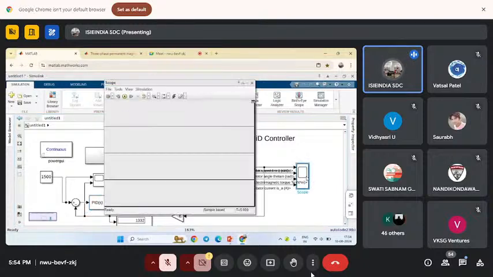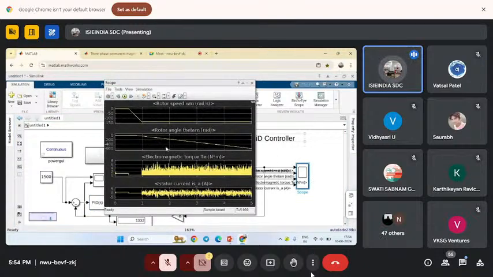And if you open the scope, you can see electromagnetic torque, rotor speed, stator current and so on. You can see this is radian per second. You can observe that this is radian per second. This is the rotor angle, and this is the electromagnetic torque. You can see all these waveforms. If I increase the scope,